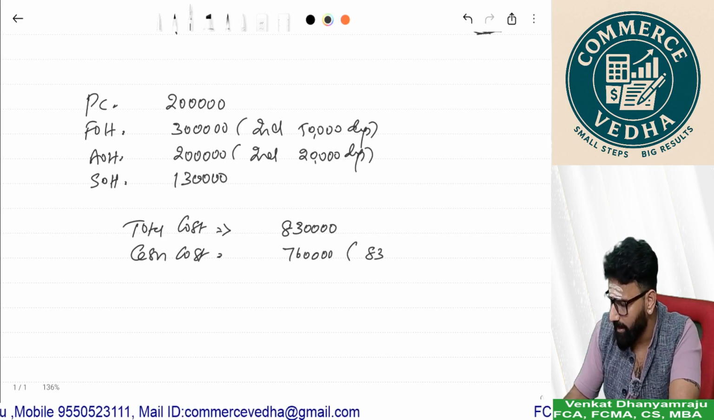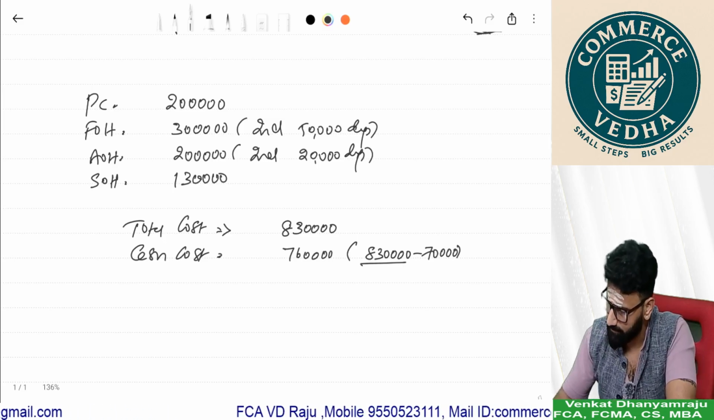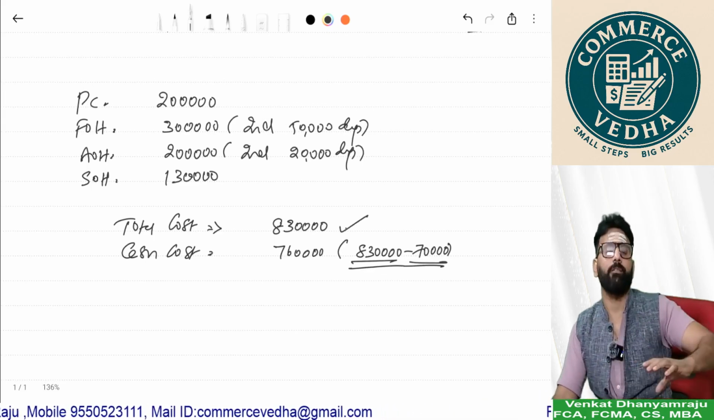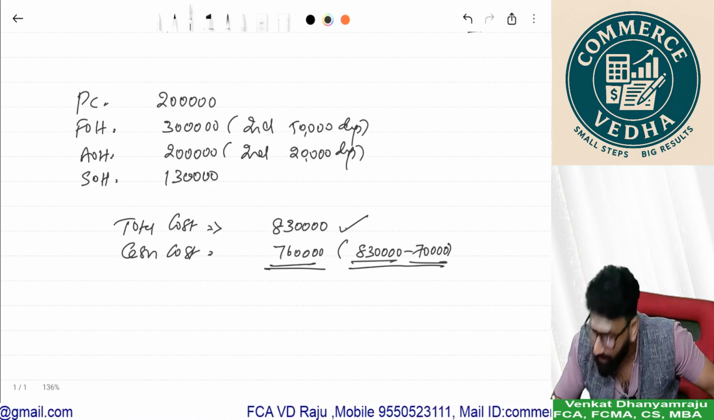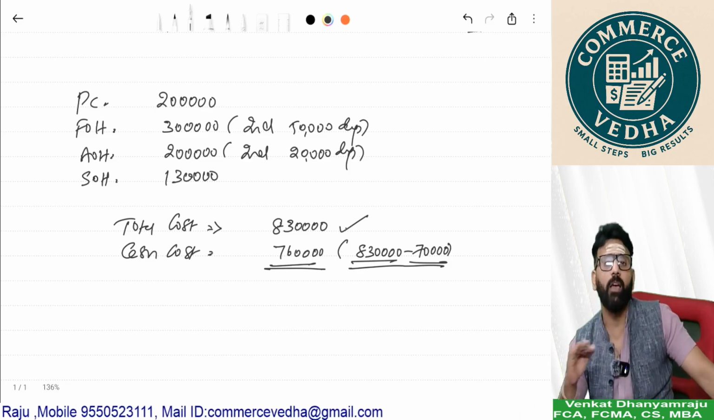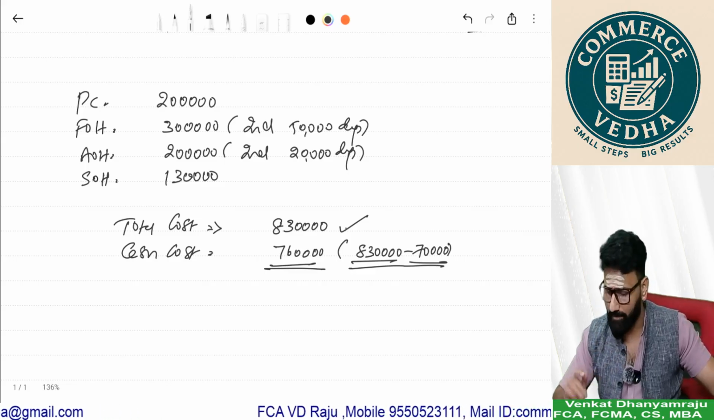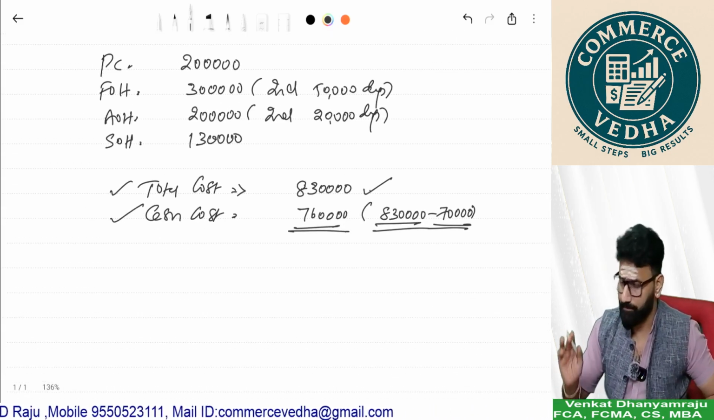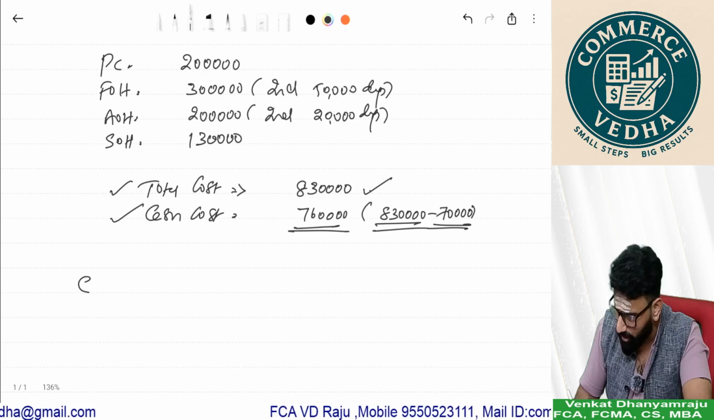Or I can say 8,30,000 minus 70,000. So total cost takes all the cost including depreciation, whereas cash cost takes only and only the element of cash expenditure, which excludes depreciation. So this is the way we should do the answer, whether total cost or cash cost. Second important thing while preparing the statement is, whenever the question talks about